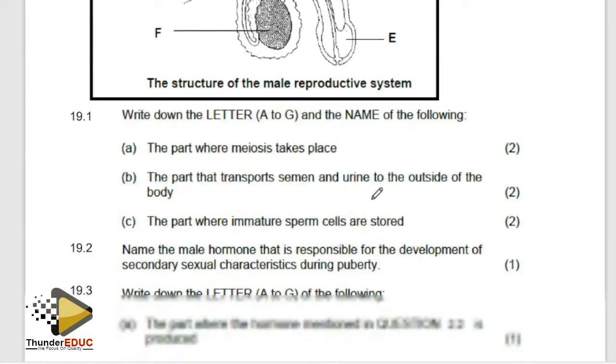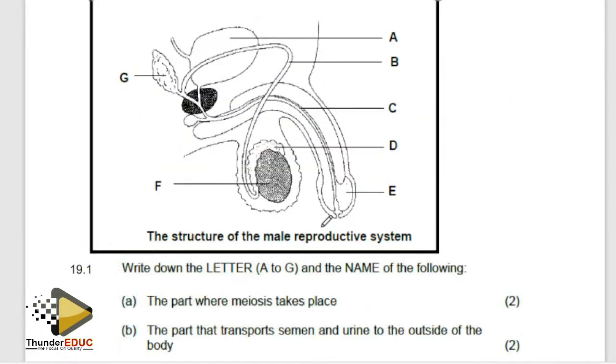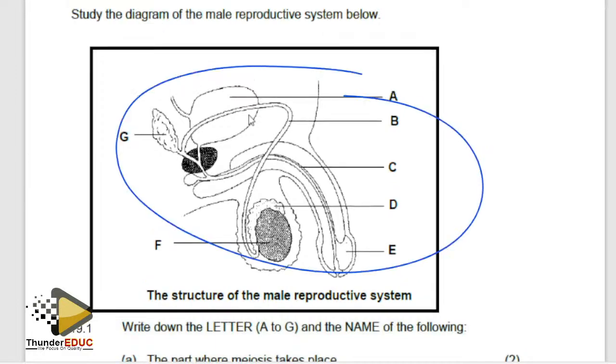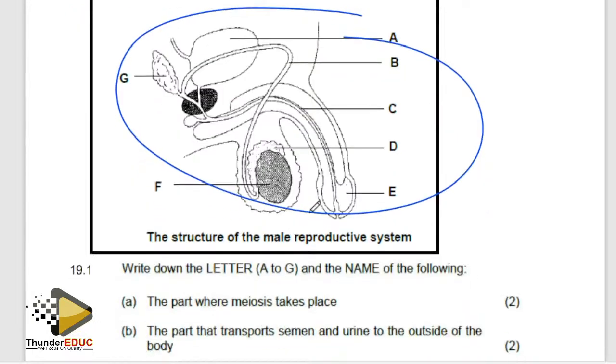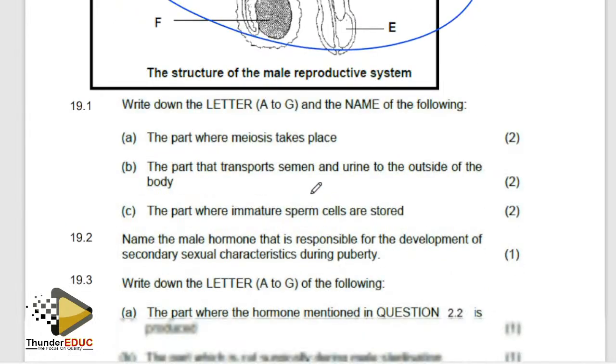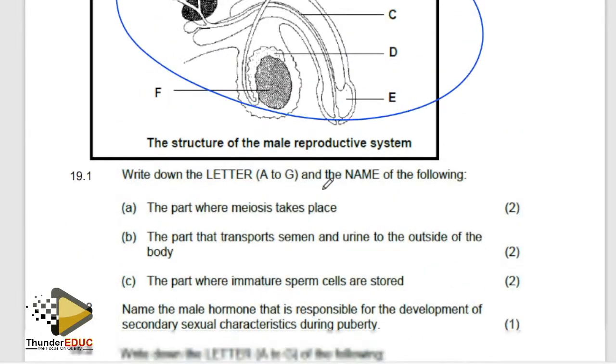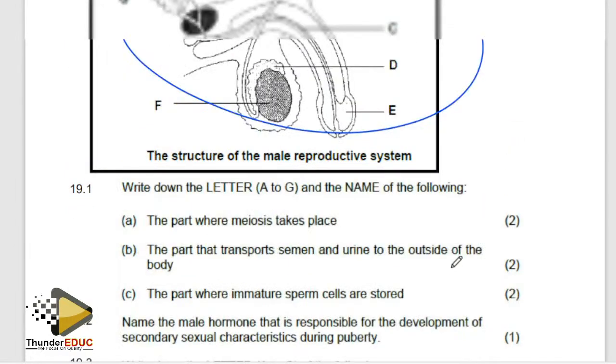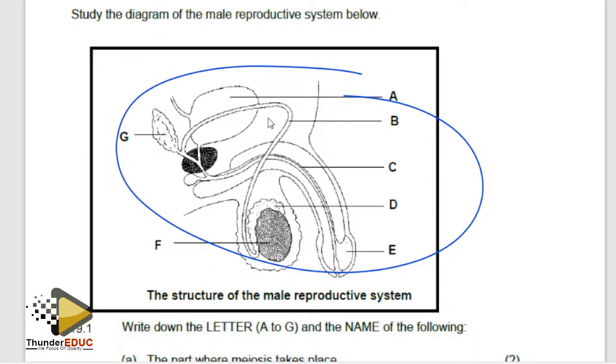Anyway, I'm a lifetime teacher. I'm just teaching. So you see, this is the scrotum. Make sure that you know this very well. This is the male reproductive system. Don't write the slang word in the exam, you'll get a zero with a beard. Okay. Name the part which is surgically cut during sterilization. We say that is the vas deferens B, and the process is called vasectomy.